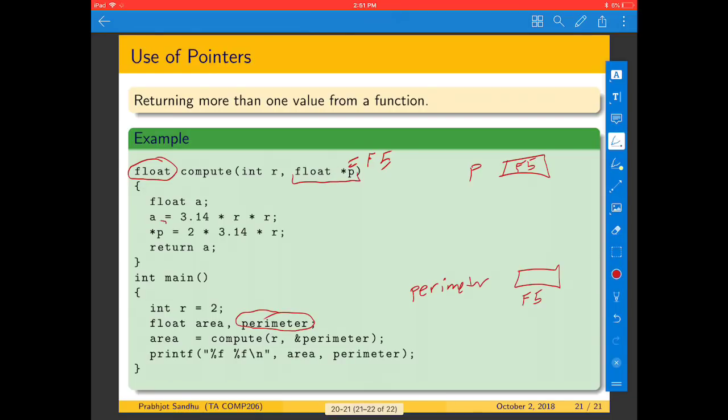When we do something on this line like star P, we're following the arrow down to this memory, which is stored outside in main. We compute 2 times pi times r, which I think is the formula for perimeter, and so now we get 2 pi r stored inside perimeter,